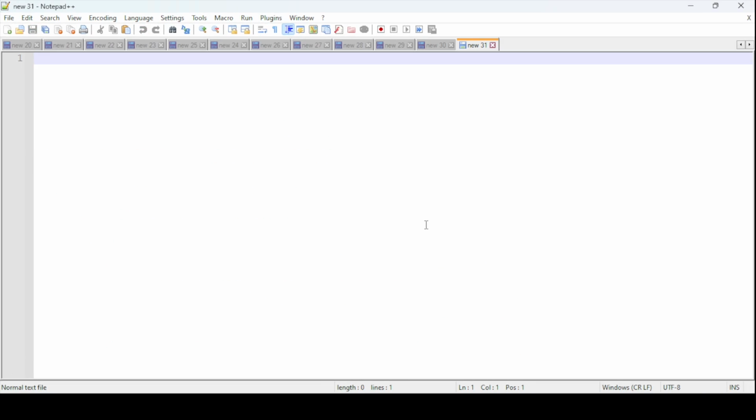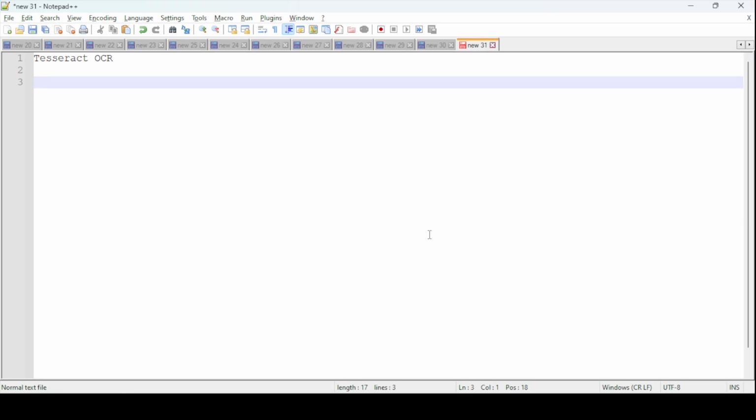So let me write the name, Tesseract. This is the OCR technique that I'm going to use here. This Tesseract OCR is basically the engine which performs the extraction of text from images into